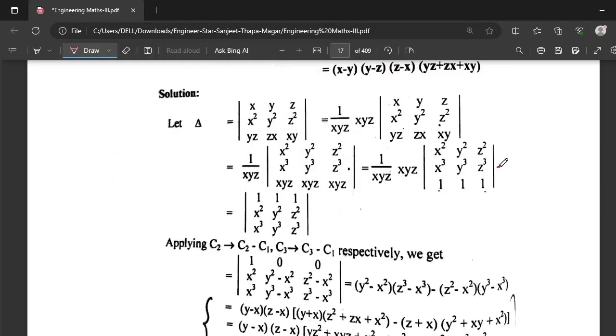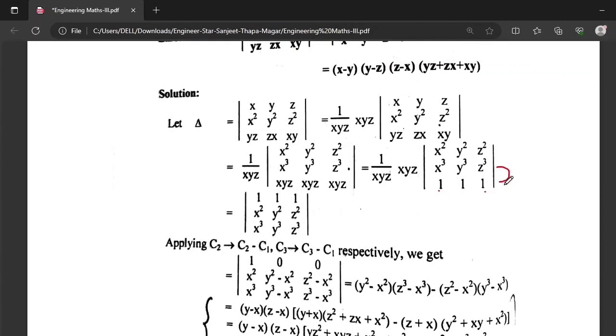Now interchanging these two rows, we get this and this cancelled, so